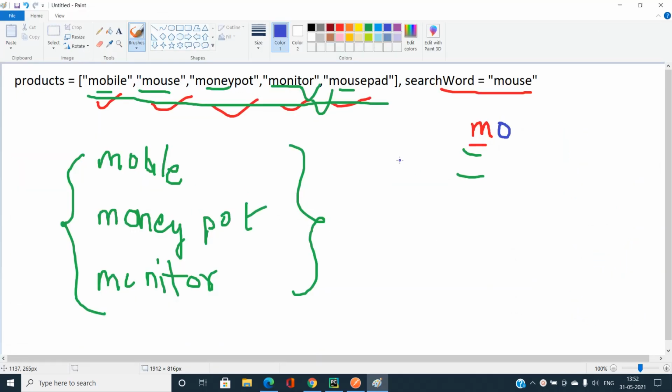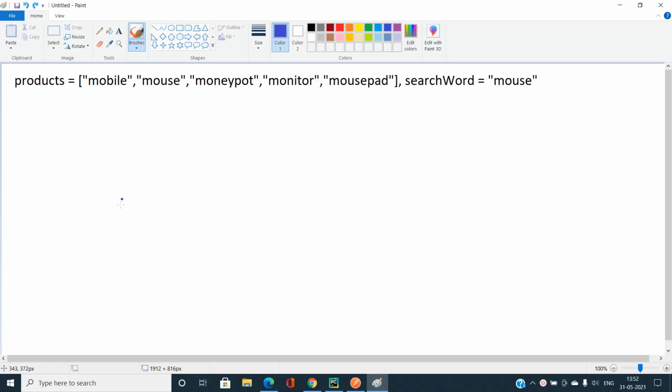Okay, so now I'm talking about the approach to solve this problem, how we can solve this problem in the best possible way. What I'm going to do is iterate in the search word. That is, I'm going to append my initially null string with the characters one by one taken from the search word, starting from left to right. It means that I have first M, then MO, then MOU, and so on until the end of the search word.